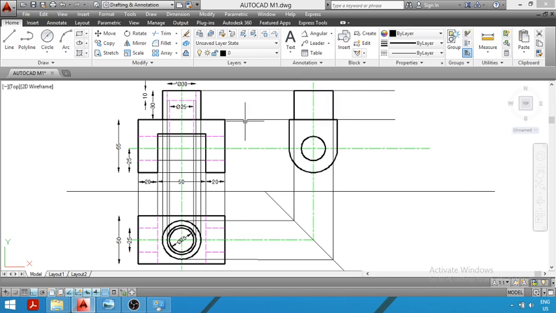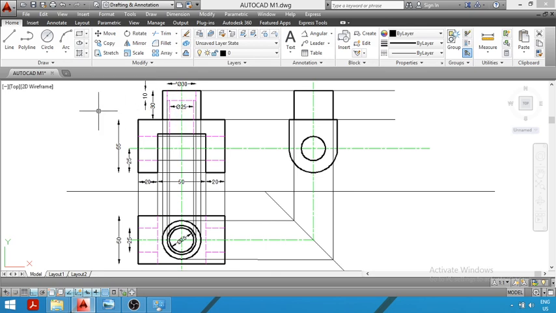So after projecting the height from the front view and diameter from the top view by using these two construction lines, the final rectangle obtained should be dark since it will be visible from the side. Now in the next step, we will project these holes. Now you can see there are two holes, the upper hole which is of height 10 mm and the lower hole which is below the upper hole.